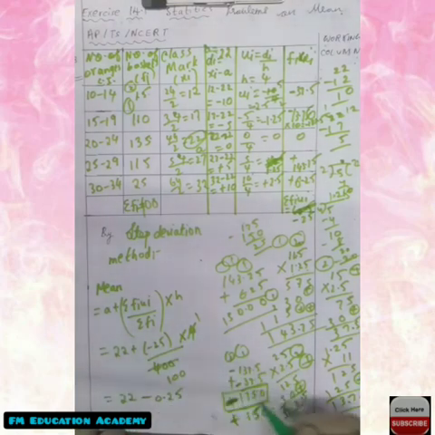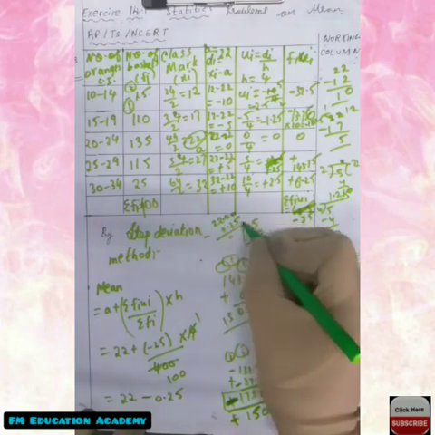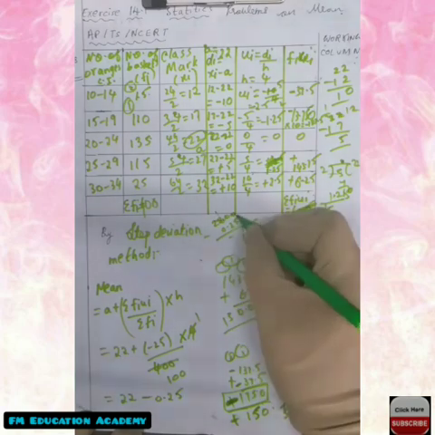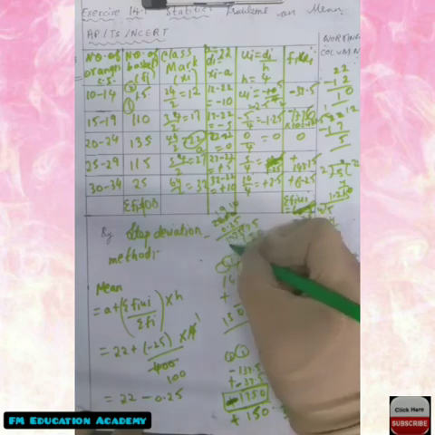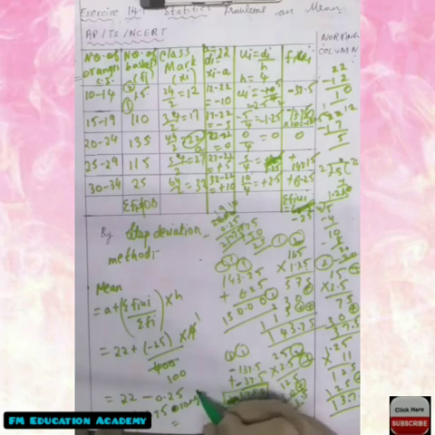And 22 minus 0.25 is, be very careful in subtraction. See, 22.00 I am writing. This will be 1, this will be 10, this will be 9, this will be 10. 10 minus 5 is 5, 9 minus 2 is 7, 1, 21.75 I am getting. So 21.75 oranges are kept in the basket. So that is nothing but approximately equal to 22 oranges.